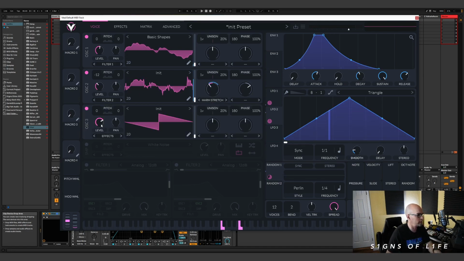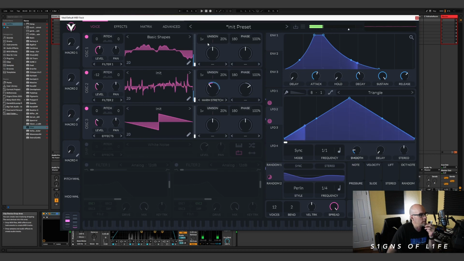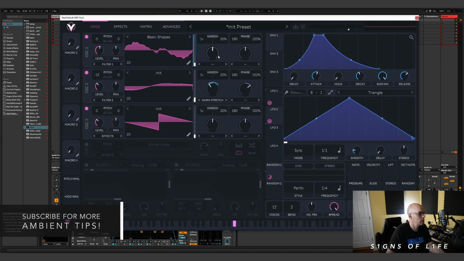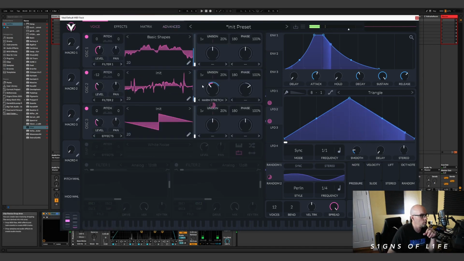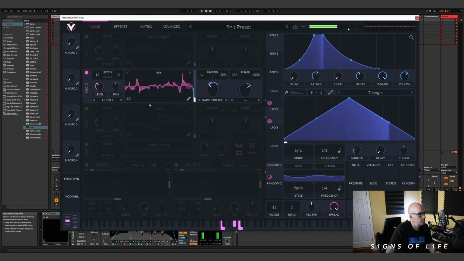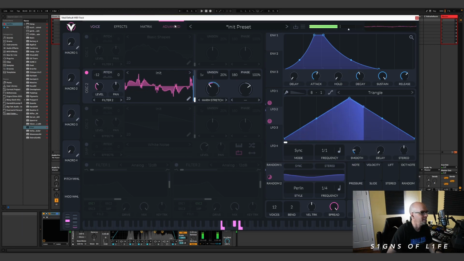So we can add a third oscillator here. All right, and maybe this one. Oh, the other thing I forgot to mention was on these, you have full unison control, phase control, okay? And there's also, in the advanced mode, there's different types of unison, right? So maybe on this one, let's get crazy here, and we'll turn off this Oscillator 3 for a second. And on this one, let's just focus on Oscillator 2, our crazy moon landing, alien radar signal, whatever. So advanced, if I turn on the unison, if I add more voices, it's gonna sound pretty wild,